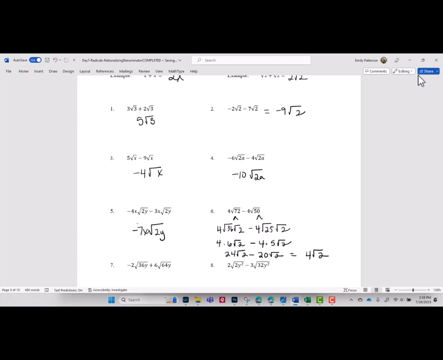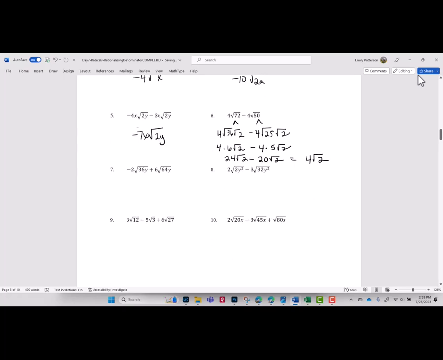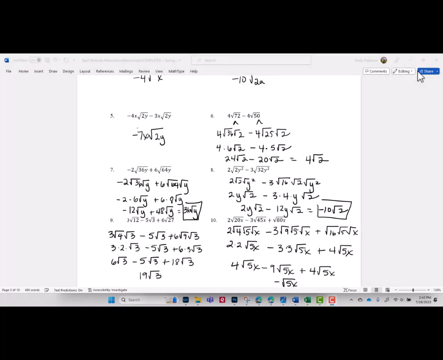So go ahead and simplify 7 and 8. Simplify the radical and see if we can't combine. Actually, go ahead and do 7, 8, and 9. So here's a lot more work. Again, basically, we can combine them once we've simplified. And of course, sometimes we can't simplify them and we have to leave them as they are. But in each of these problems, they can be simplified down to